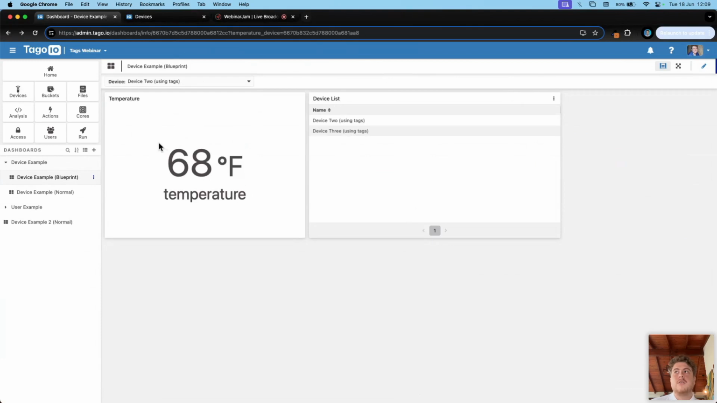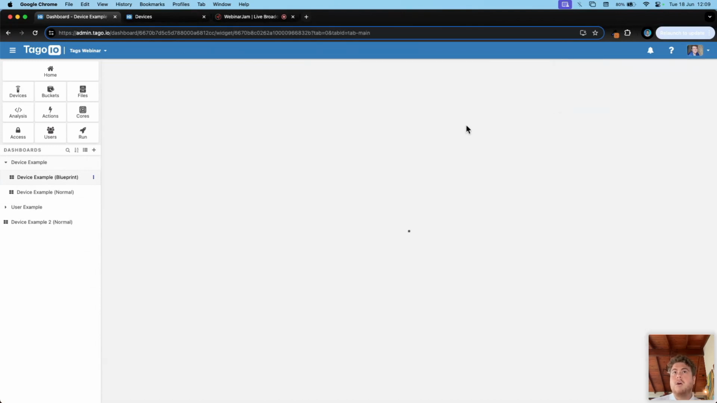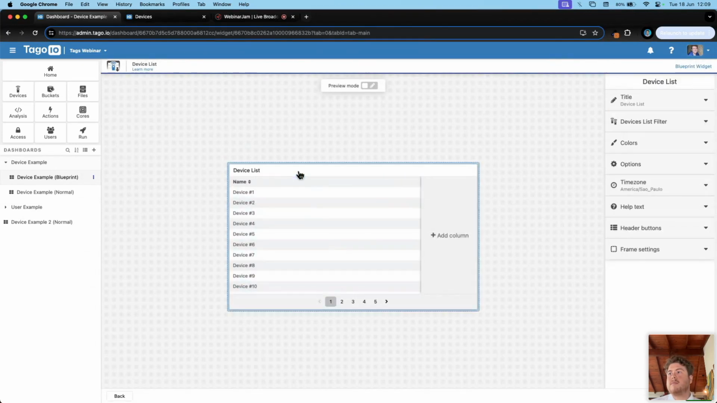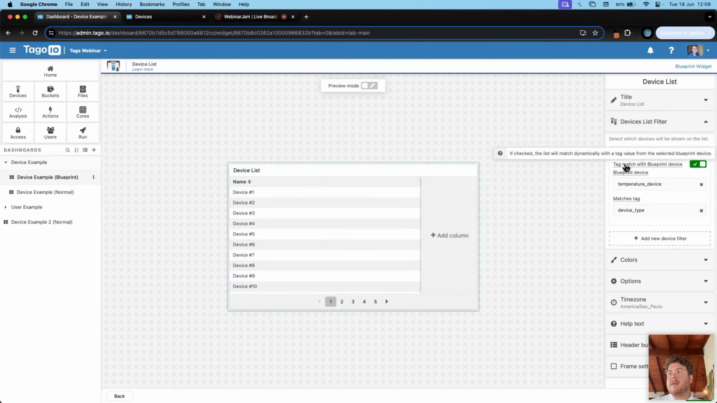And also tags are good for the device list as well. For example, here I am showing all of the devices that have those characteristics. Here, device list filter, blueprint device, device type. So here, this is another characteristic of tags, which is tag match. So here I am tag matching any device that has the temperature device tag with the same tag value as device type. It will show up here. So at the moment, it's looking for device type, which is temperature. If I go back to here,